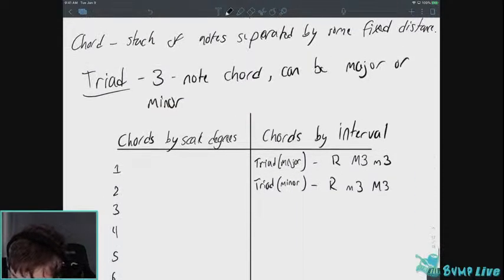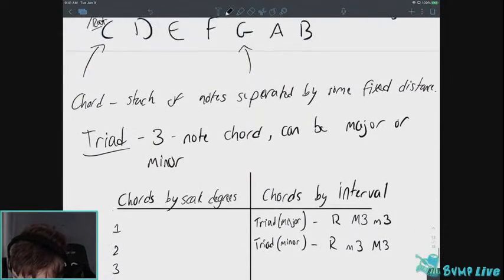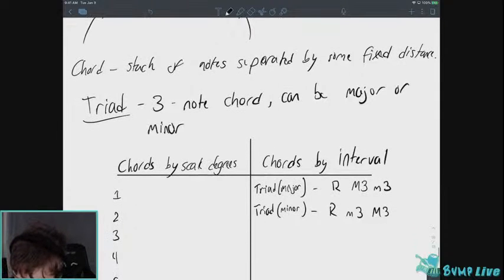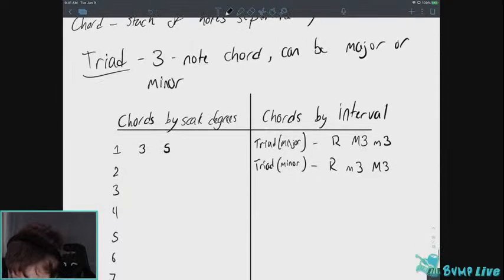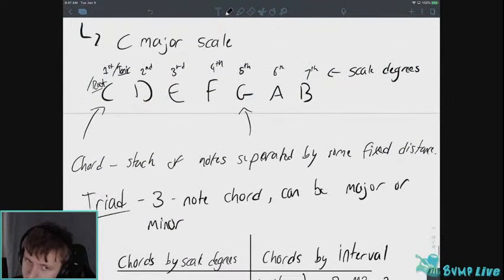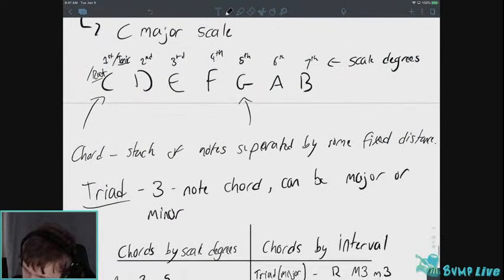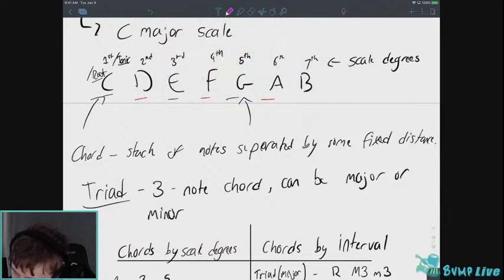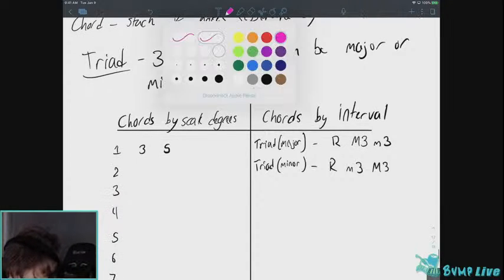So let's say we were to take notes from the scale. Let's do it in terms of these numbers then. So we have 1, 3, 5. Let's make triads in terms of these scale degree numbers, right? So we'll choose a triad from here, and then we'll choose a triad from this one, and so on and so forth. Picking a triad from E, so E, G, B. And then from F, F, A, C. So on and so forth. So triads